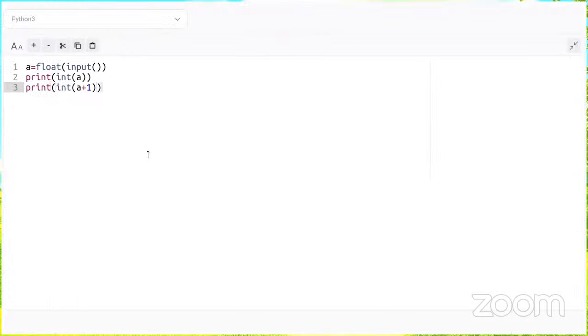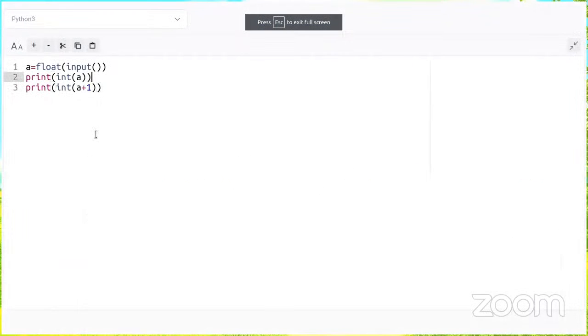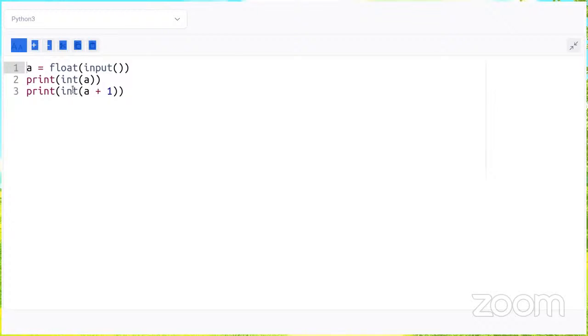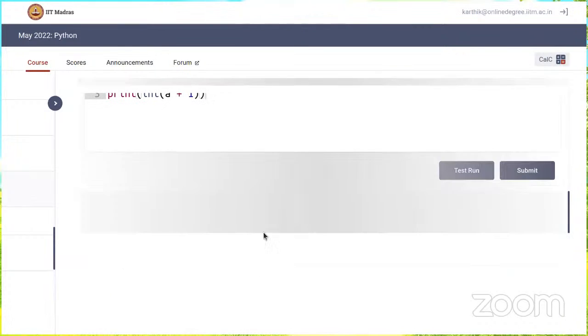Yes. Okay, yeah, so we'll start discussing, I think. This is also my code. Okay, right. So I think both of you have written this piece of code. So Pawan, can you explain what you have done here, the logic that you have followed? Yes, sir. I took a float value so that an integer can be taken as input, and I took the nearby integer. A real number I took and printed the integer nearby, and they required one more nearby greater number. So I added one.